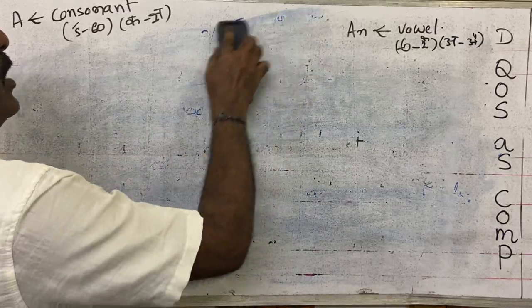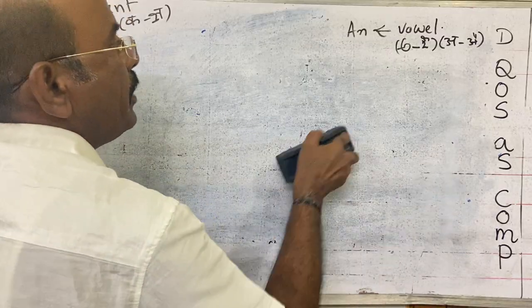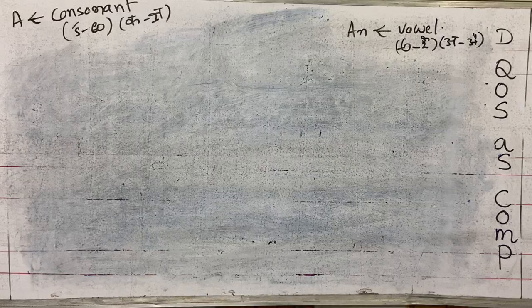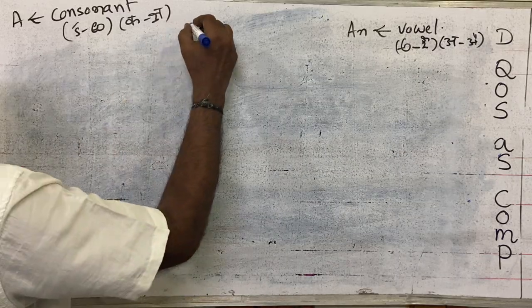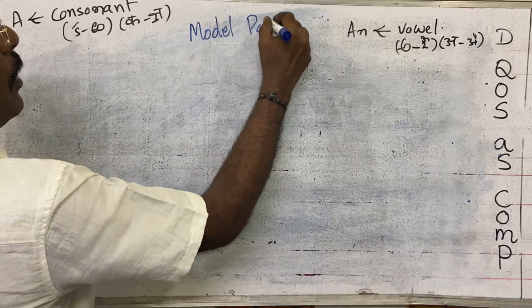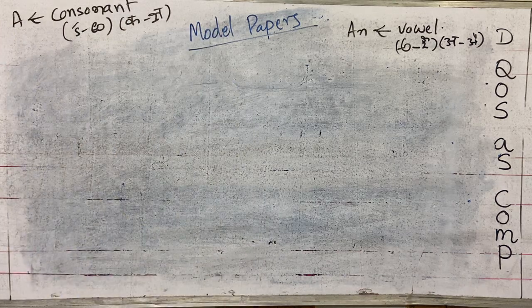Now we are verifying the remaining model papers which are given by different series of books, most of them from text model papers. Among those model papers, the first one is